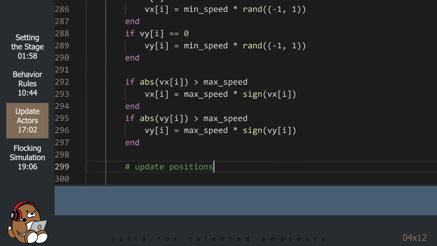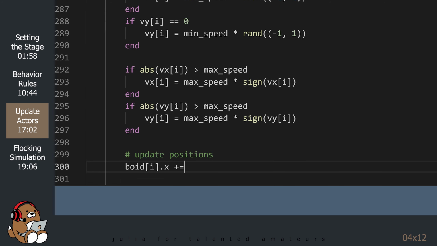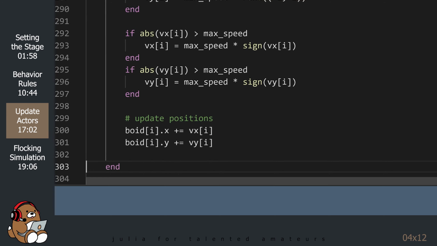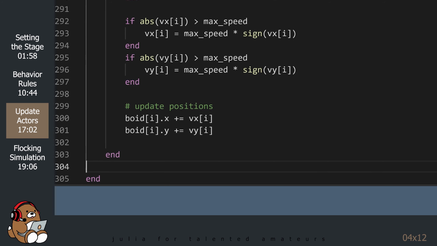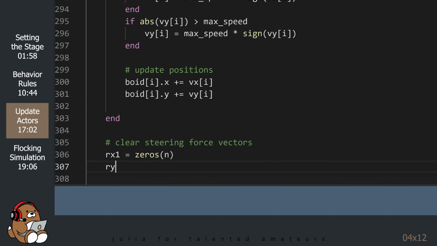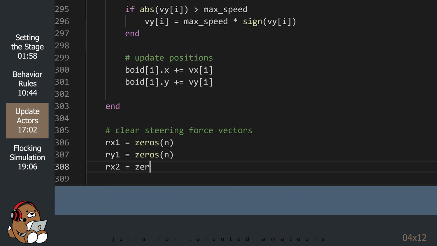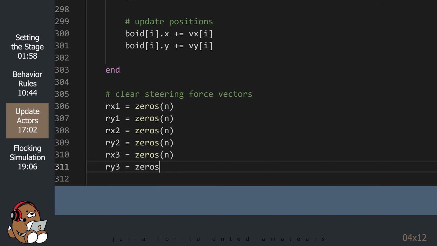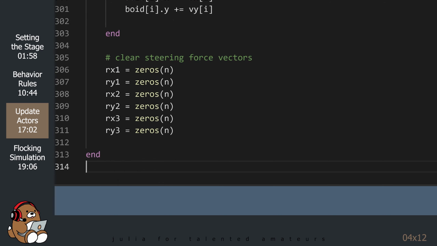Once we have the final velocity, we update the Boid's position. One last step that we need to do is to reset the steering force vectors, so that the values of the steering forces do not accumulate over time. And that should be it. Let's take a look at our simulation.